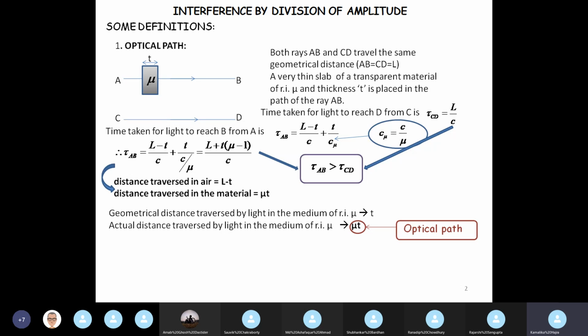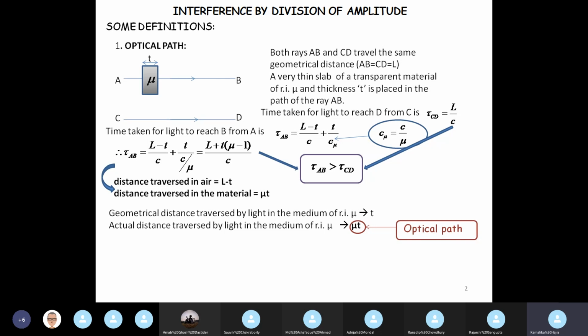So whenever light travels in a material whose refractive index is not 1, which means not in vacuum or air, whenever light travels in a medium of a certain refractive index mu, then the actual path covered by light is not just the geometrical thickness of that material, but the geometrical thickness multiplied by the refractive index